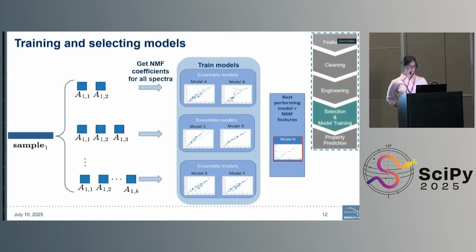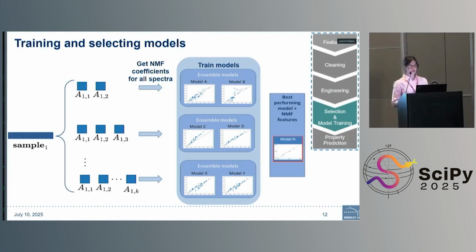For that, we need models, though. So the next step was training and selecting property models. Like I said, we used the coefficients from the A matrix as the input feature set. Then we experimented with a variety of model architectures, but ultimately chose to focus on random forest and extra tree regressors. That was partly because they consistently outperformed others for us, but also because they're pretty robust to feature scaling and they provide built-in feature importance metrics, which was nice